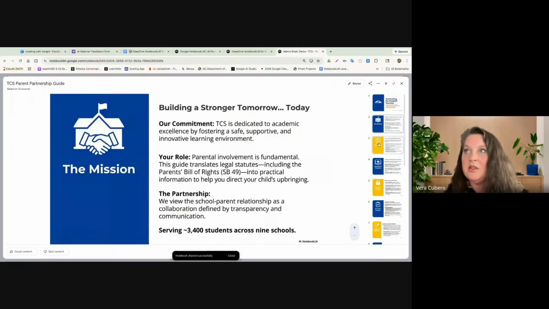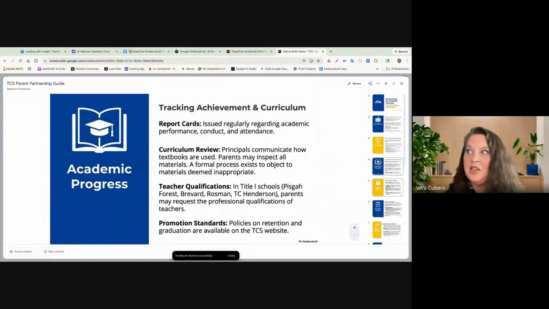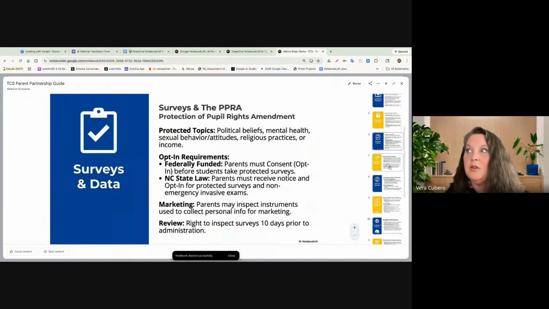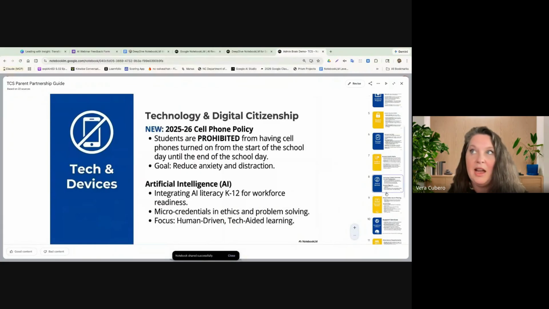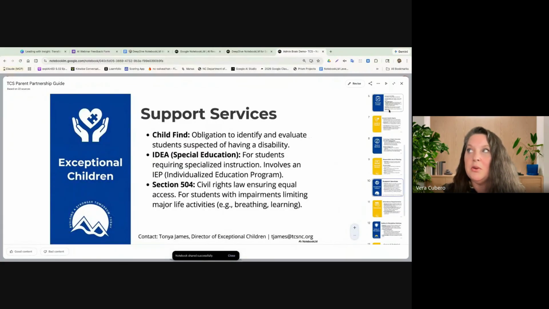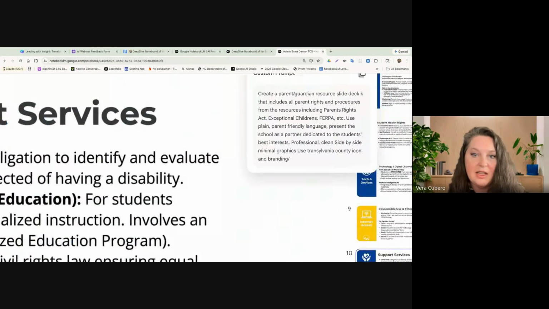But you can see it talked about the commitment. It starts off with kind of positive, and I gave it some specifics, but the Parents' Bill of Rights, achievement and curriculum, FERPA, student records, surveys and PPRA, the health rights, technology and digital citizenship. And so it pulled all of this stuff from the sources I had given it. And again, if you're in the notebook, you can go up and look at my custom prompt. It will show you the prompt, and you can see what I've asked for is a parent guardian resource slide deck